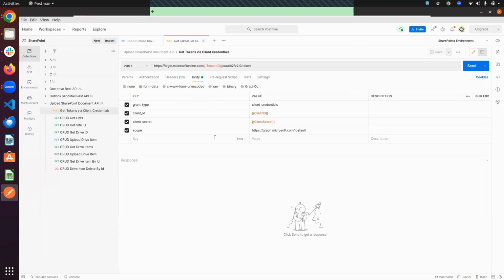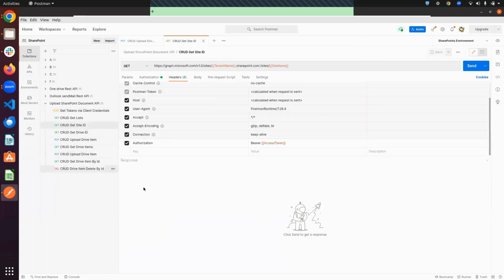First, you can see this API is for creating a token. For this, we need tenant ID, client ID, and secret ID. So the first step, friends, is to create the token. For the token, we need these details. So how do we get this tenant ID, client ID, and secret ID? First we will understand that. After that, we will get the site ID with the help of tenant name and site name. What is a tenant name? What is a site name? Also, friends, we will understand how to get the tenant name and site name.